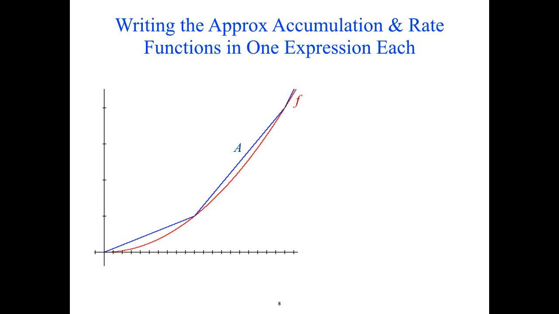But from whatever sort of rate function we had, we made approximate rate functions by picking some of the values from that rate curve and used each of those values for a small interval of time in order to generate a small amount of accumulation from each rate and appended those together so that we could end up with a picture of at least a whole accumulation function. We didn't necessarily get to a nice closed form accumulation function, like come up with something like, oh, accumulation is x squared plus 2. We came up with an expression that represented how we used the rate to generate accumulation,